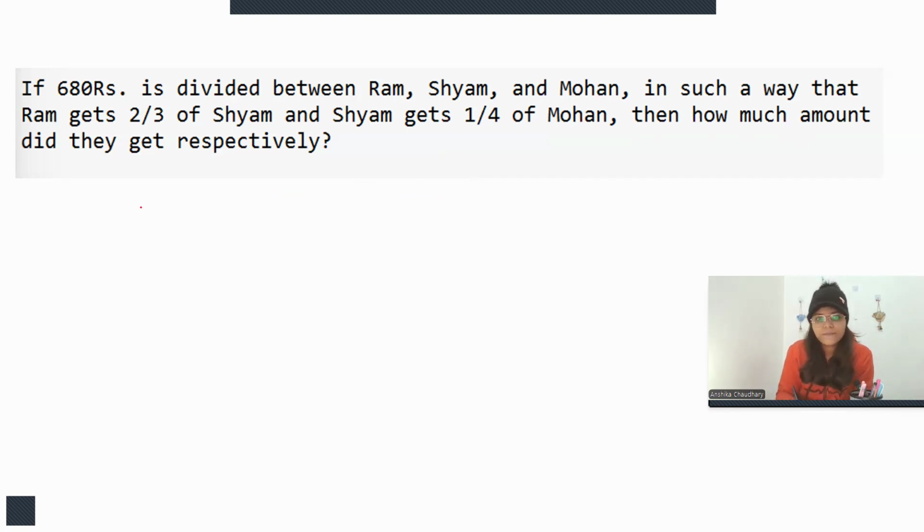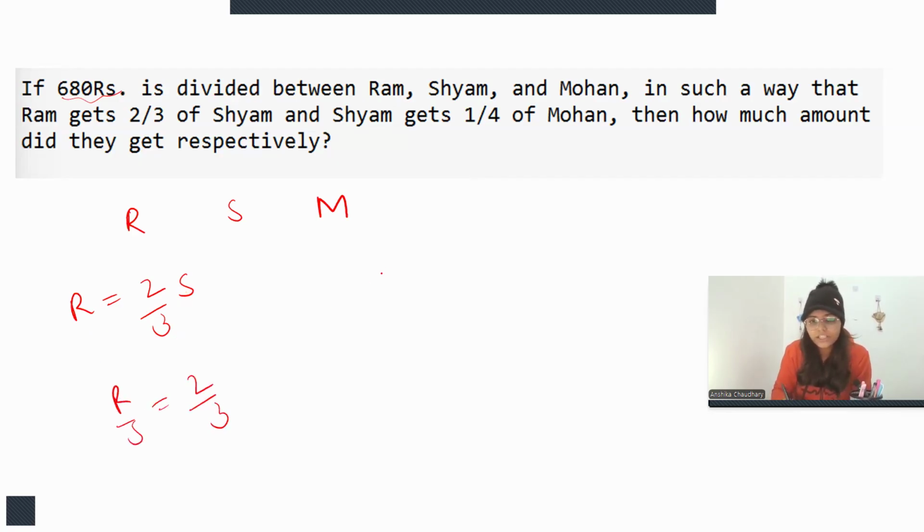But what I will do is, I will write Ram, Shyam and Mohan, right? It is given that this amount is divided between Ram, Shyam and Mohan in such a way that Ram gets 2 by 3 of Shyam. So what will be the ratio of Ram and Shyam? R upon S will become 2 ratio 3. So I can say that the ratio will be 2 ratio 3,